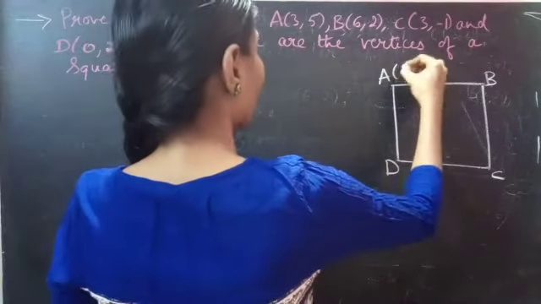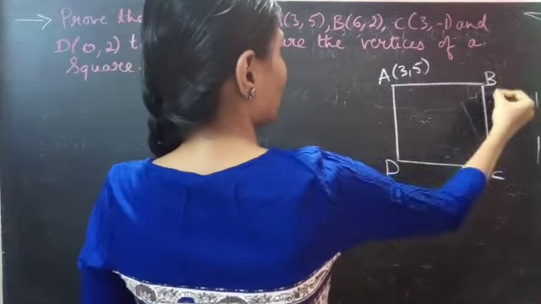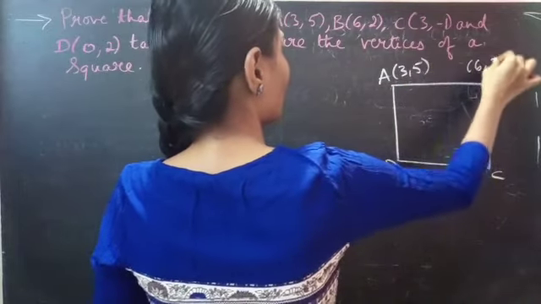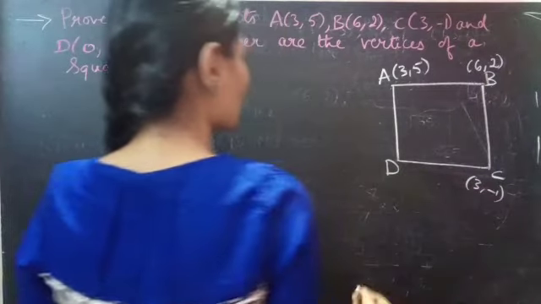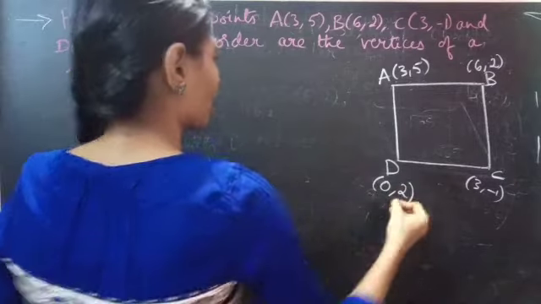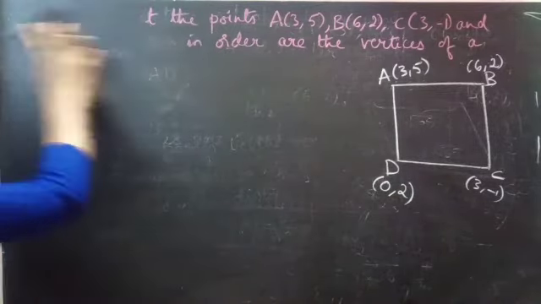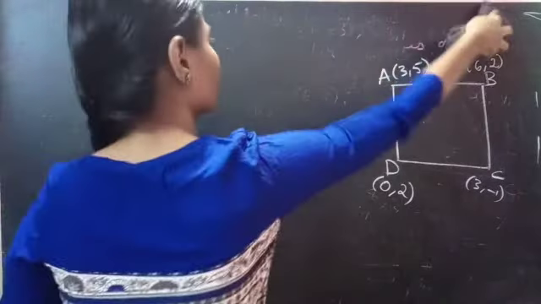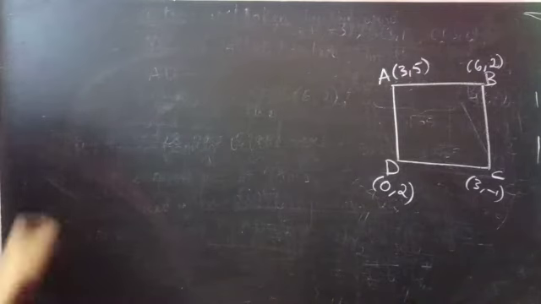You're having points A (3, 5), B (6, 2), C (3, -1) and D (0, 2). Okay. Fine. Now